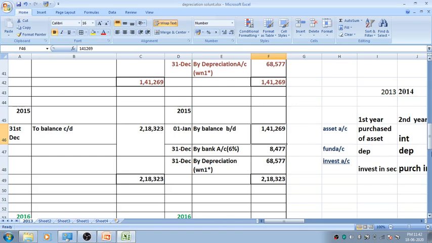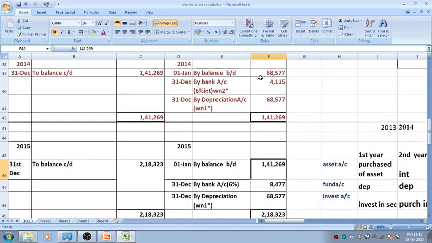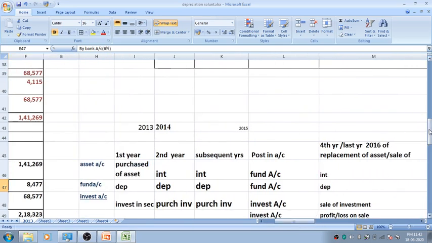1,41,269. If you compare the last two years, see here, the opening balance in the second year, the opening balance in the third year. In the third year, the journal entries are the same as I told you: interest entry, depreciation. How do you calculate interest? On this amount, 1,41,269, calculate 6%. Then you get 8,477. So if you write it in the working note,